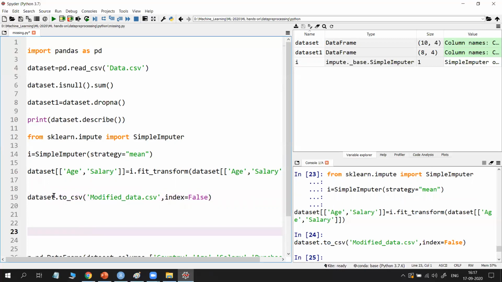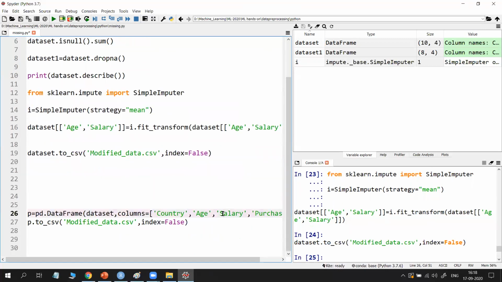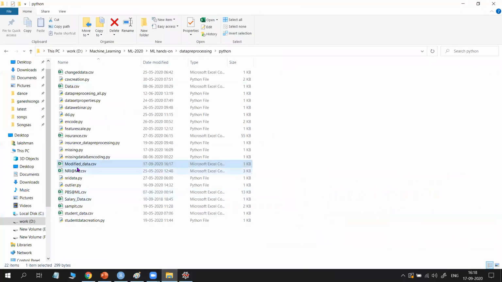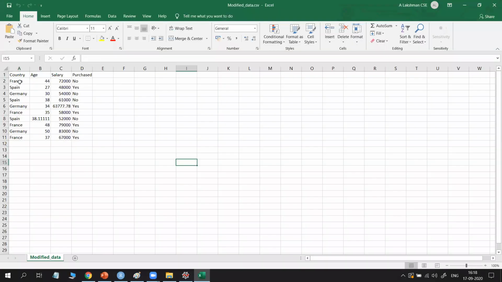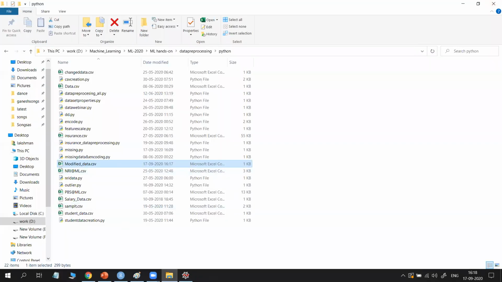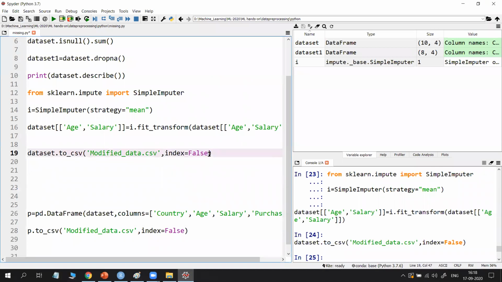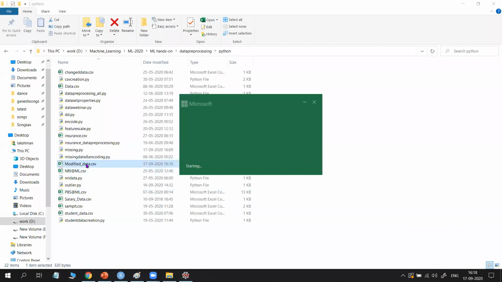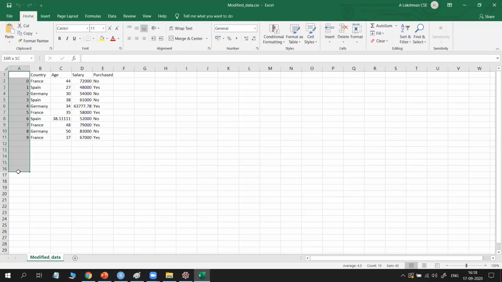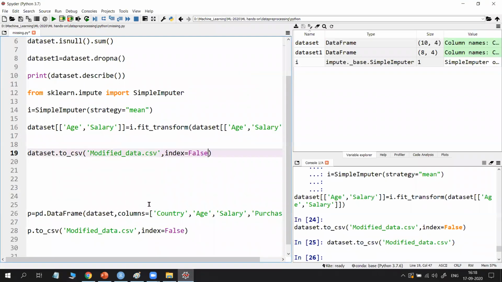But why I added this line also in the slides is, just open this file and check it. Country, age, salary, purchased are there. If you want to include the index here, before this, index 0, 1, 2, 3, 4, that can also be done. For example, here in place of false, I removed it and executed it. F9 and open it. See, 0, 1, 2, 9 are created. But in the data sets, if you don't need that, simply add index is equal to false. Otherwise that 0, 1, 2 is also added.